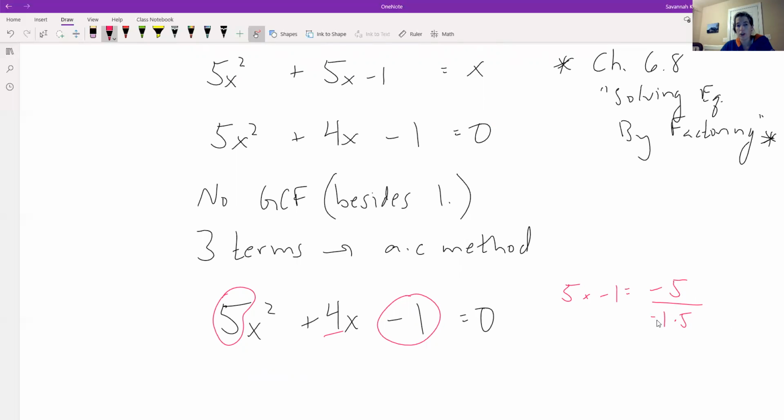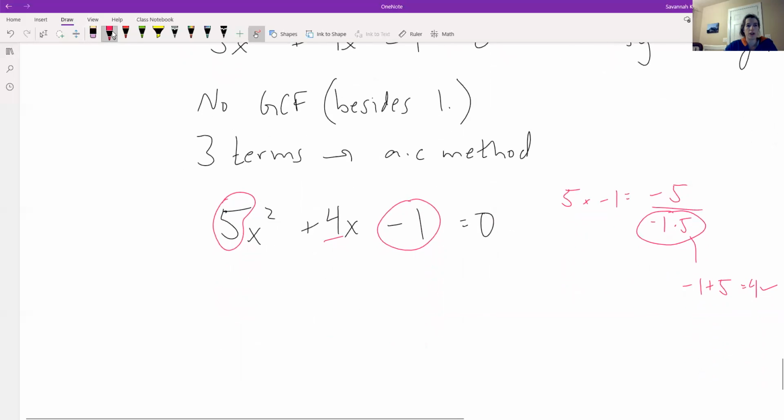I know I'm trying to add to be a positive, so I set up my pair of factors so the larger of the 2 of them is positive. And then, just as luck would have it, the very first pair of factors I try, starting at 1, normally we go from 1 to 2 to 3 to 4 to 5 if possible. Starting at 1, very first pair of factors gets me